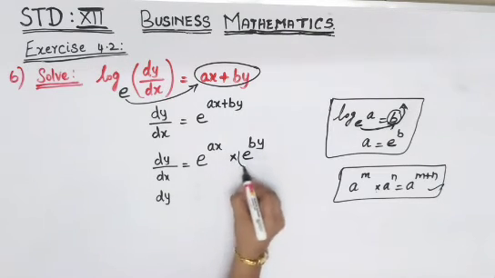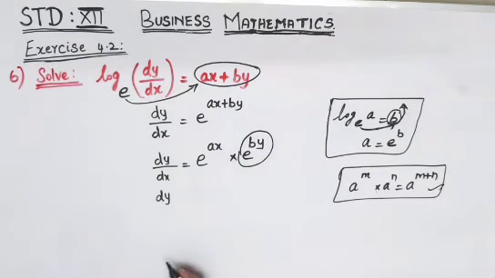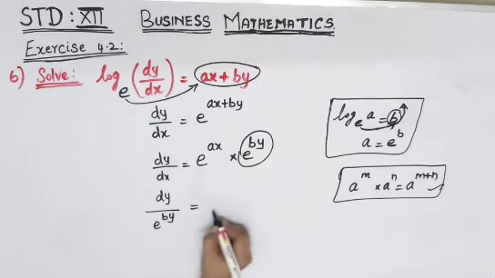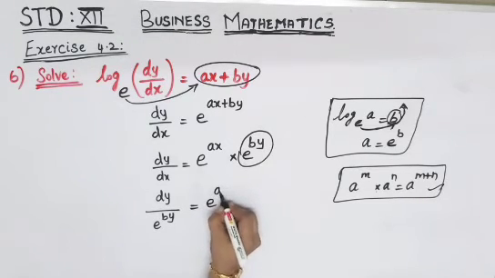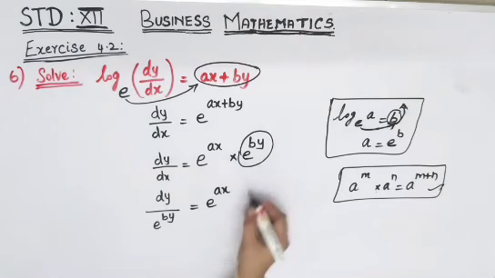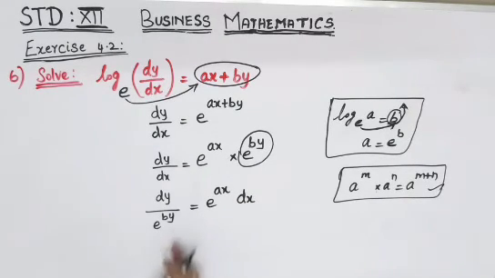Now check what is your y term. So e power by will be your y term. Bring this towards your denominator. So e power by, because that side it is there in the numerator. When you are taking towards your left hand side, it will come to the denominator. So that is equal to e power ax dx, take it towards that side as a numerator. So dx. Now y terms are towards one side and x terms are towards one side. So now you can go for integration.